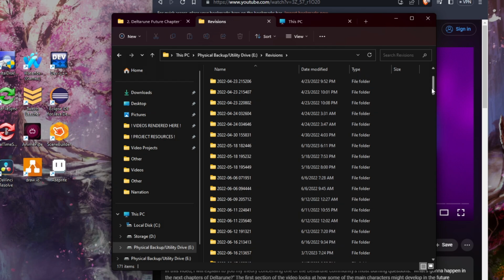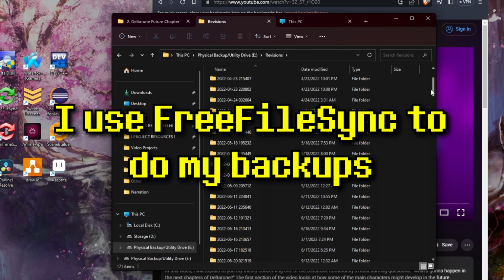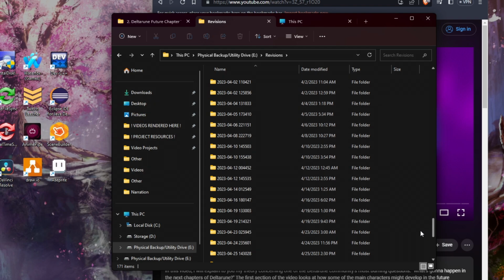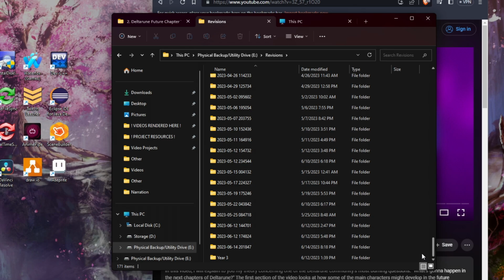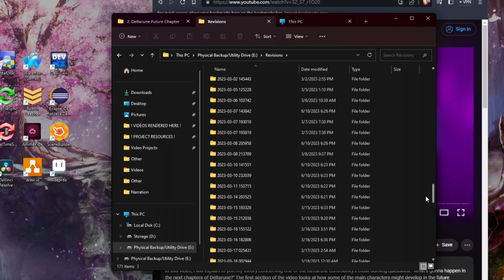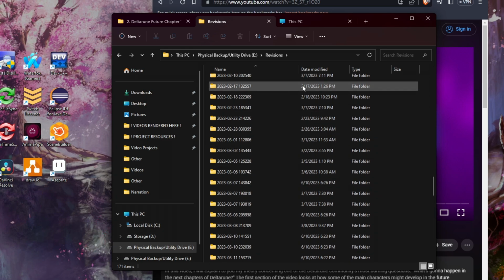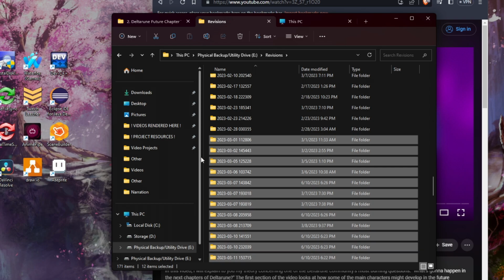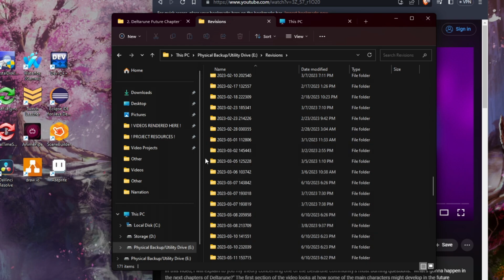And then every time I make a backup, any files that I have changed or removed go in this folder. As you can see from all the backups I've done for the last year or so, there's quite a bit. This is how I'm going to look at my thought process throughout the video, looking through these revisions here, at the different steps I've done.